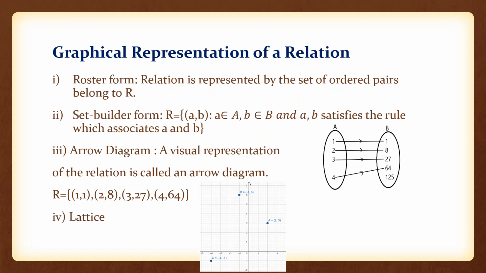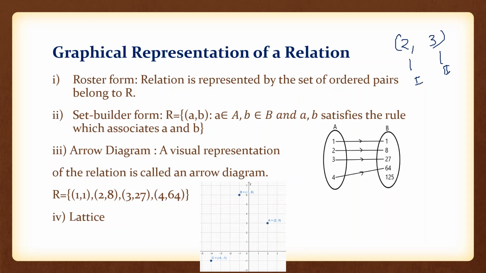We have seen in the last example also that it is possible. If you are writing, let it be 2 and 3, that means 2 belongs to the first set and 3 belongs to the second set. So that means we can define easily with the ordered pair, we can define any relation.